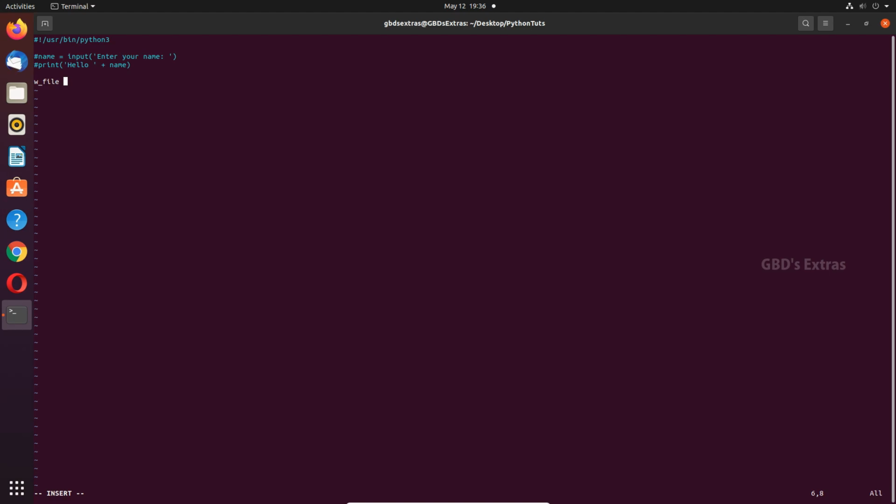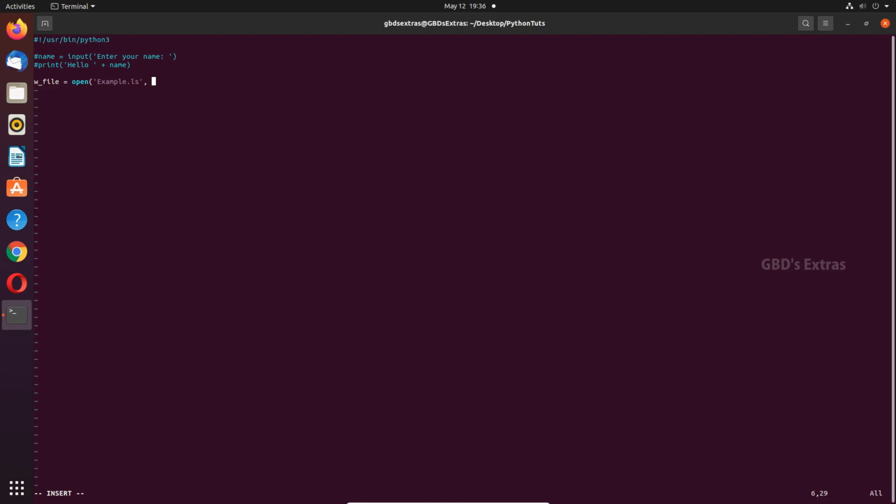I'll create a file handle, and within that, open. Open is a keyword to open a file, and we have to give the file name. File name is sample.ls. And we have to mention in what mode we are trying to open this file. So there are three main modes I would say. One is read, when you want to open the file as read only. The other one is write, and the third one is append.